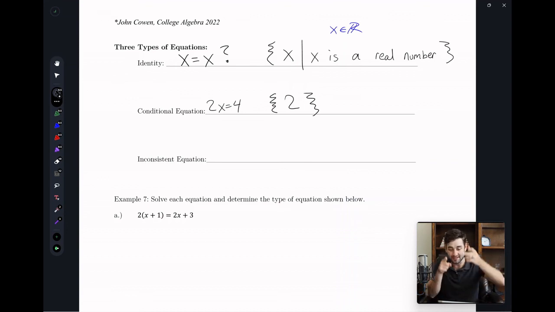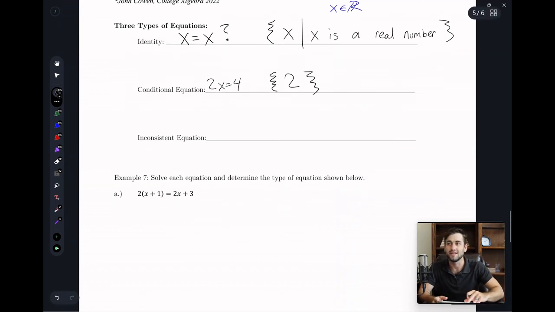That equation is not always true. It's only true when in that set. And then we got an inconsistent equation. Inconsistent equation is the opposite of cool. It's bad. This is like where we get down all our work and we finished all our work, and then you have something like, I don't know, let's see, 2 equals 3.